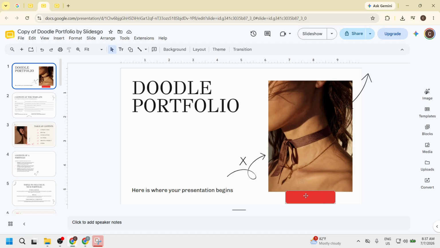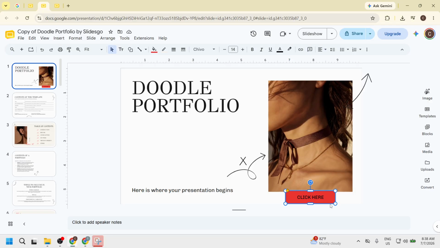Next, double-click inside the shape to type your button text. You might want to use phrases like "click here" or "next slide." This text is what your audience will see and interact with. Making the button text clear and concise is extremely important. It communicates the action you want your viewers to take. After typing your text, you can adjust its placement and size for better visibility.